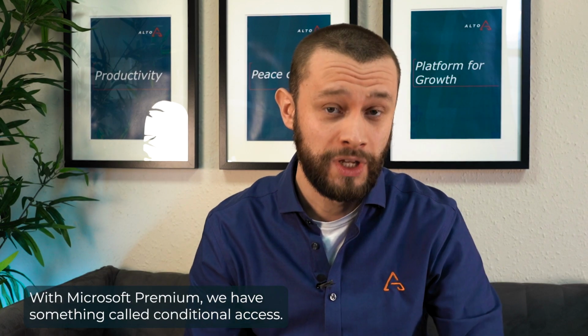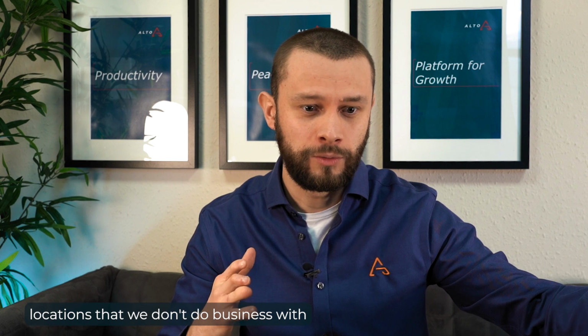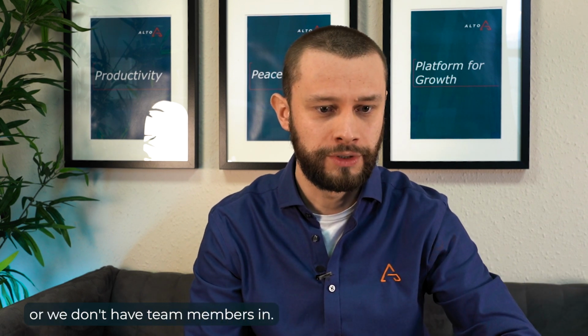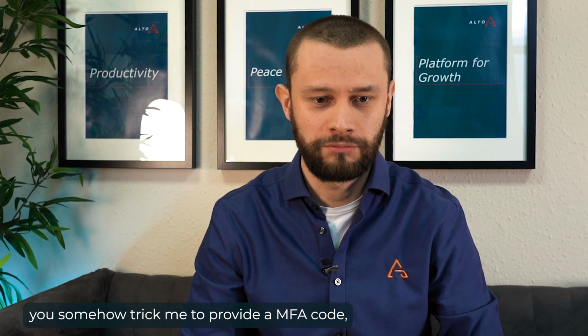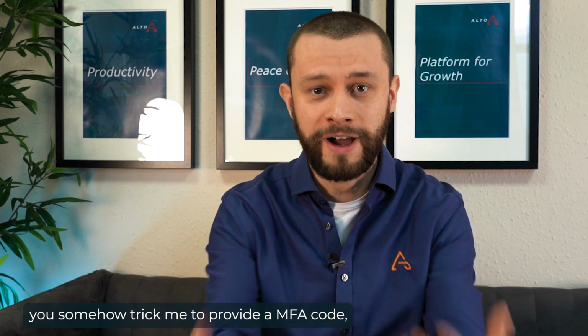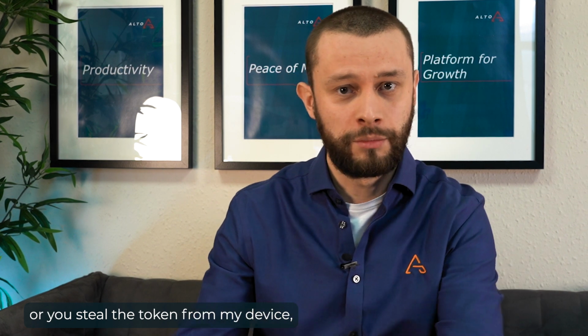With Microsoft Premium, we have something called conditional access. We can block locations that we don't do business with or we don't have team members in. We have blocked signing in anywhere in the world except UK. So even if you know my credentials, somehow you tricked me to provide the MFA code, or you steal the token from my device, you still won't be able to log in if you are not in the UK,